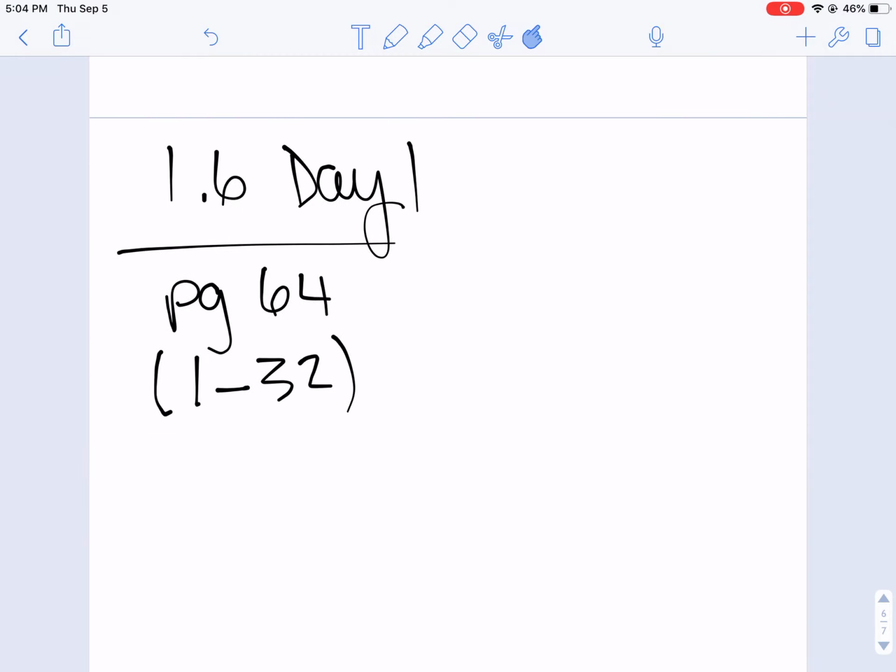So that was all we did today. This is 1.6 day 1, and you're doing page 64, 1 through